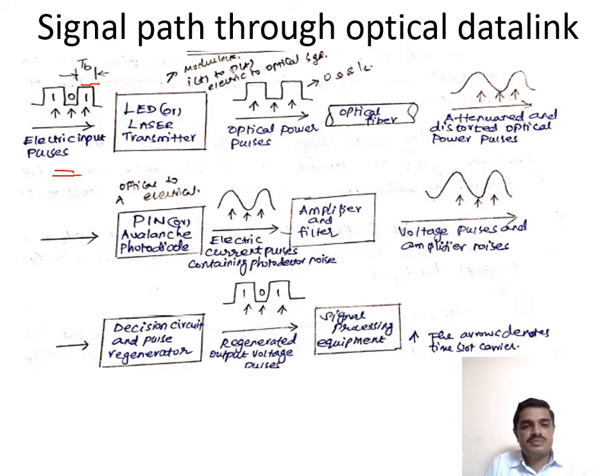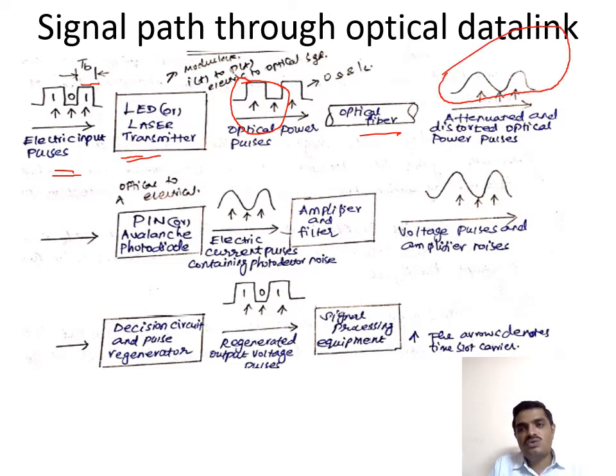Now once we give the electric current to this input unit, meaning a laser or LED, it can emit the light signal. The transmitter unit does this by simply varying the input current. That modulation process is established. Then the same optical square pulses have to be launched into the fiber optic cable with some specific acceptance angle. After traveling through the fiber optic cable, the square pulses change into something like a sine wave.